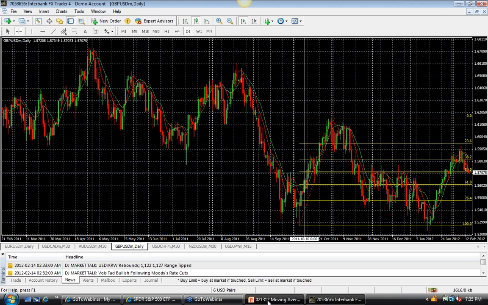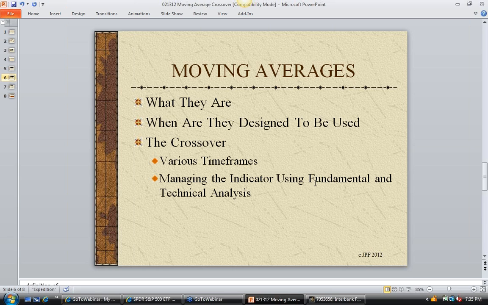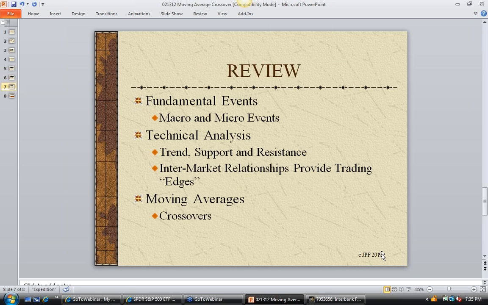So how do you stay on top of what's going on in the markets, the intermarkets? Well, let me go ahead and we'll review, and then I'll show you those links. We reviewed the fundamental events, the macro and micro events out there. Again, everything seems to be getting better in the United States economy for now. Everything seems to be getting better in Europe for now. Technical analysis, we saw some major trends in place. We were able to see some support and resistance, and definitely resistance as of right now in the stock market. We'll see what that does to equity prices. We'll see what that does to that intermarket relationship. Intermarket relationships provide trading edges to our Forex pairs that are trading with the United States dollar.